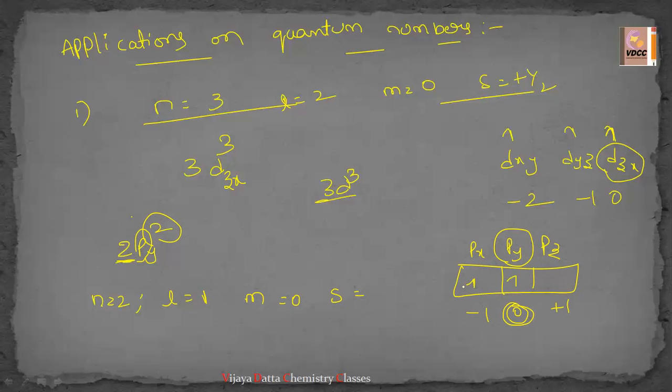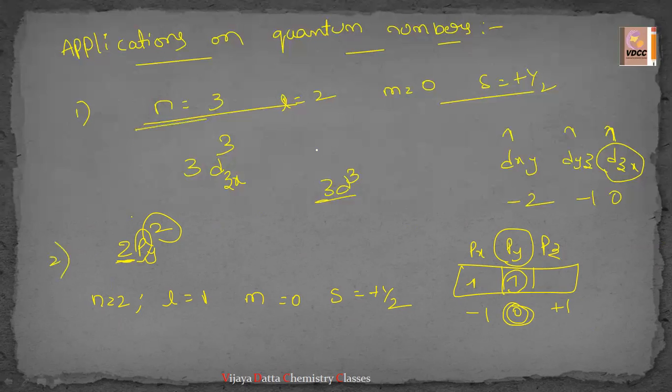So this is Hund's rule. What is Hund's rule? Hund's rule, the Aufbau principle, and Pauli's exclusion principle, these three we'll study in the next video. According to Hund's rule, each degenerate orbital should be filled with one electron first, and only then should it pair up. Then py has the second electron, which is in the upward direction, so the s value will be plus half. This is the second example.